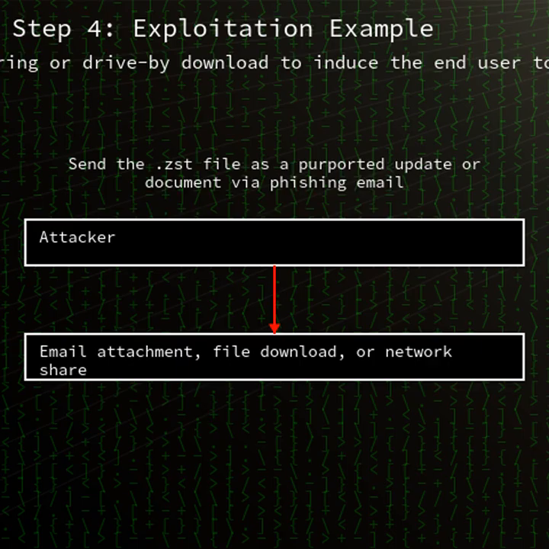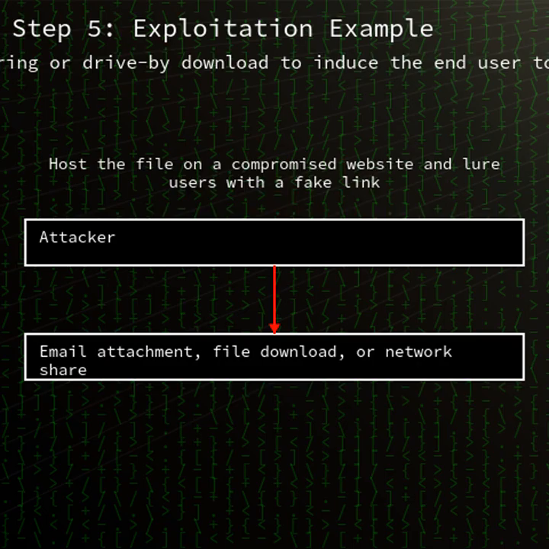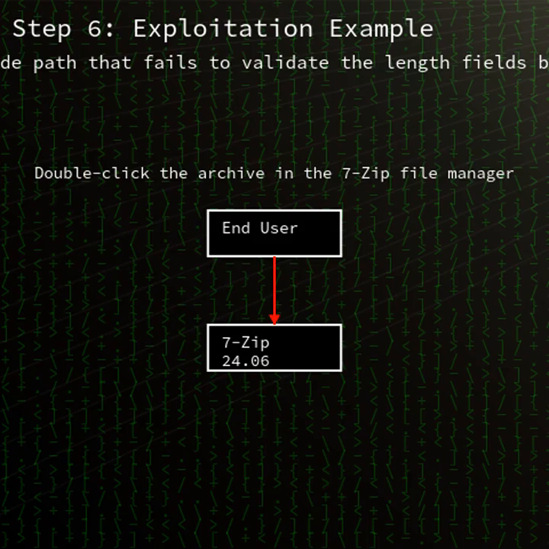CVE-2024-11477 is classified as an integer underflow, CWE-191. The flaw arises when the library computes a size for an internal buffer based on user-supplied data without proper validation. The underflow leads to an invalid memory write, enabling remote code execution in the context of the decompression